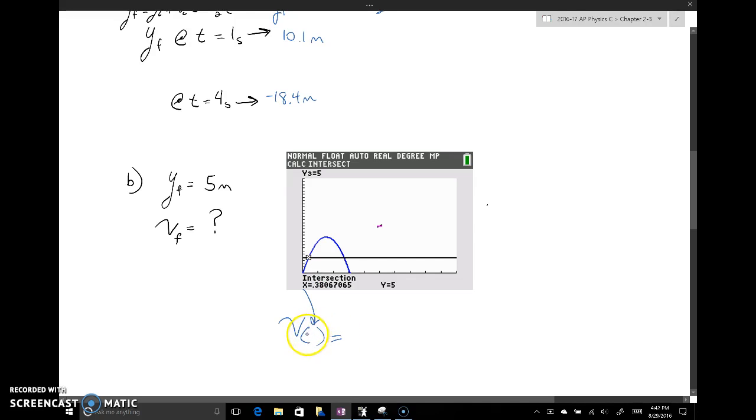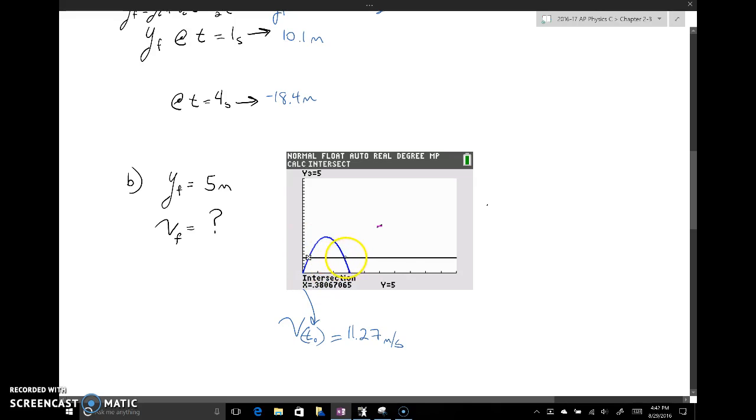I'm going to change this to t naught. That's where we want. We've got 11.27 meters per second. Now, on the way back down, the velocity would be negative,